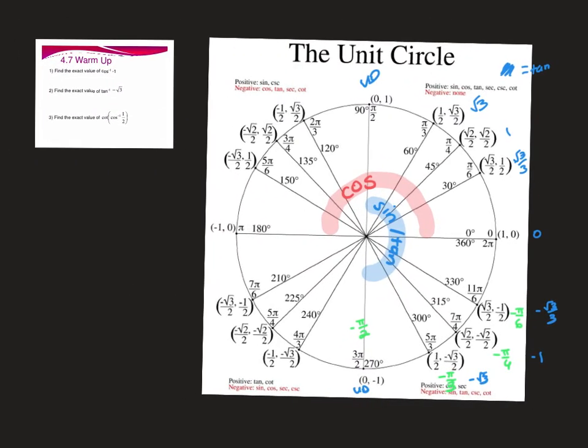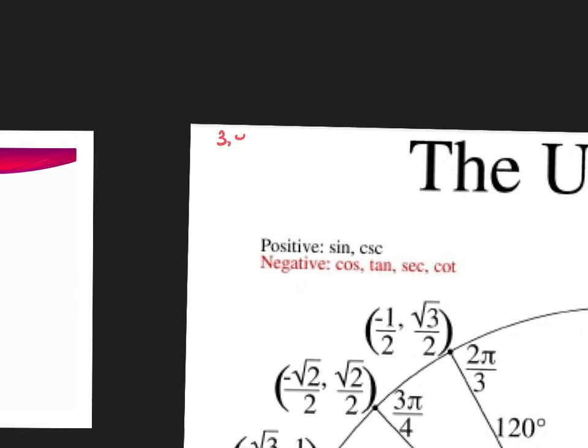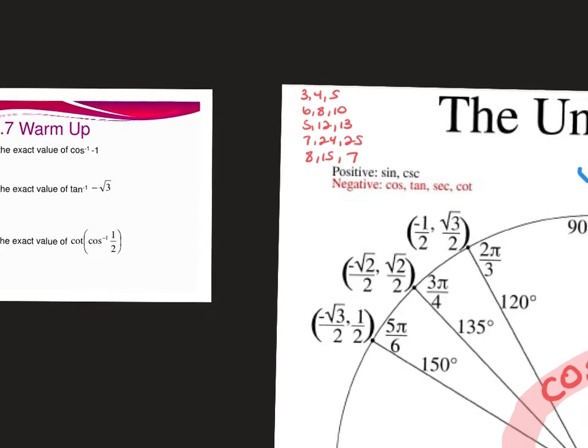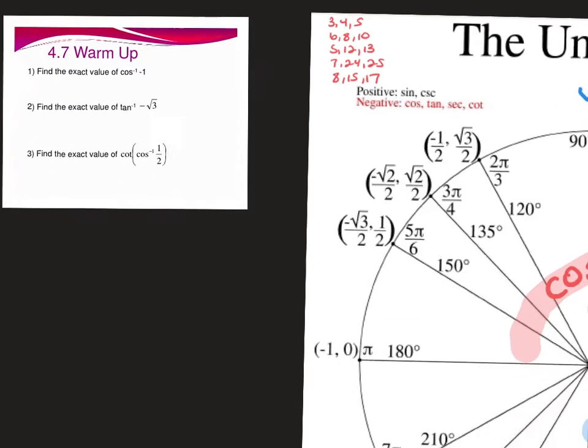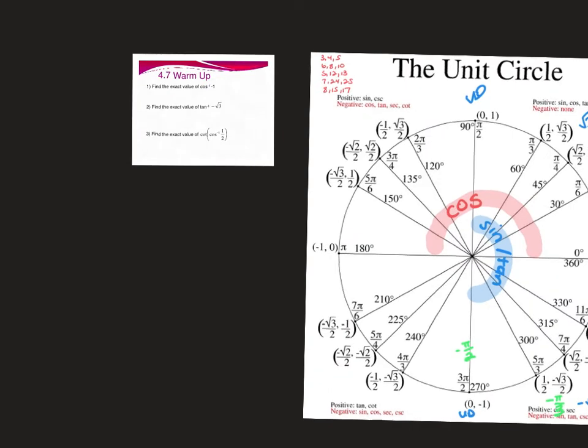I would also say before Thursday you want to add on your triples: 3, 4, 5; 6, 8, 10; 5, 12, 13; 7, 24, 25; 8, 15, 17. Those are the more common ones. You definitely want those to be somewhere that's easy to reference. But you don't want to spend a ton of time having to dig through your notes. So try to keep these as condensed as possible. I'm going to try to condense a little bit for you today, but you definitely want to condense them. All right, so then based on that reference, that unit circle, we can look at the questions